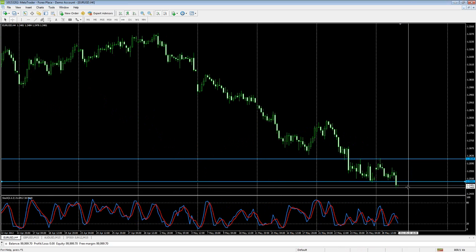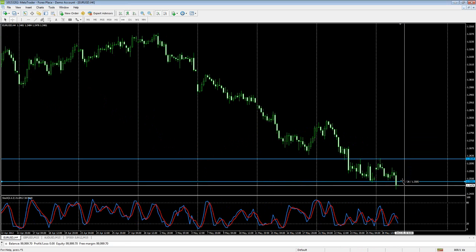It's only a matter of somewhere between 20 and 30 pips. That's not a lot. It can still happen in the next 3 or 4 hours, and I can see a